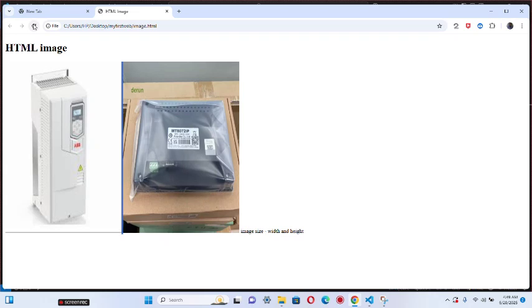I can remove it. So we save again, then refresh. It's gone. Okay, so that is sizing of images. So we did the alt attribute, the alternative name, the name if the image did not